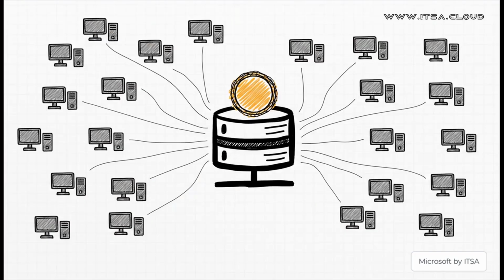First up, let's solve that mass deployment problem we talked about. This is called a diskless boot. You can have hundreds of PCs, each without their own hard drive even, start up from one single master OS image that lives on your server. Think about that for a second. You need to apply a security patch? You update that one image, and boom, all 100 machines are updated the next time they reboot. It's a massive time saver.